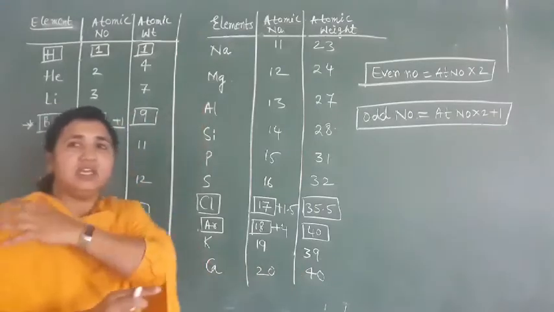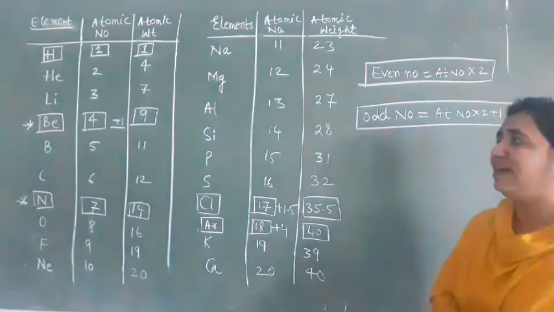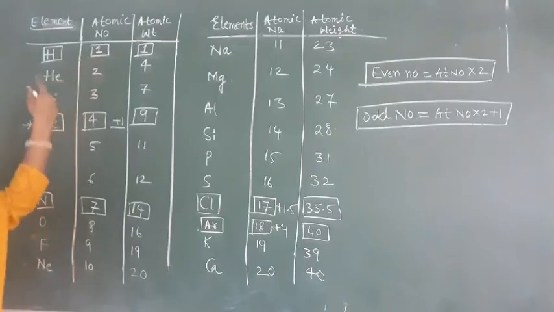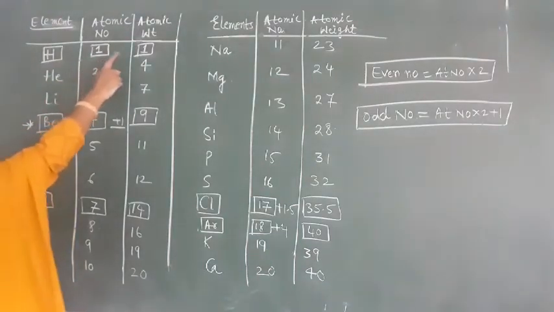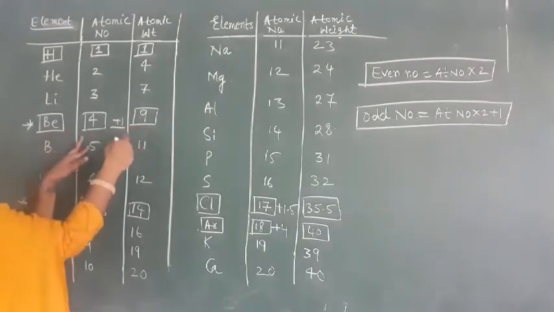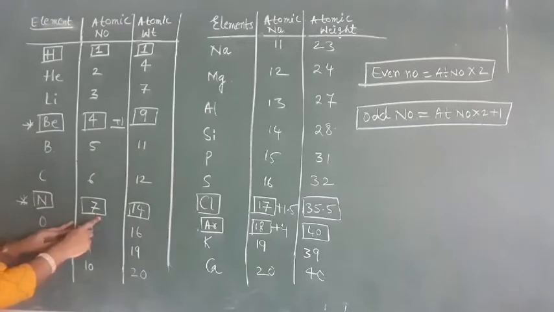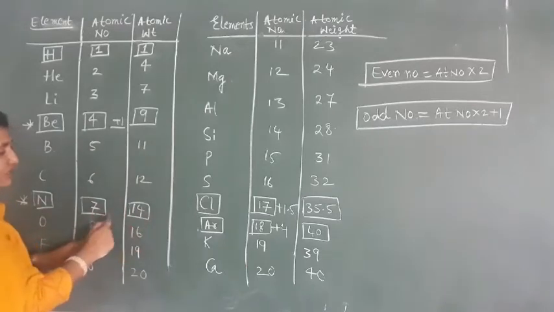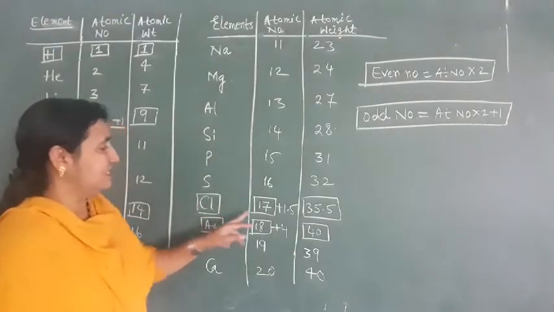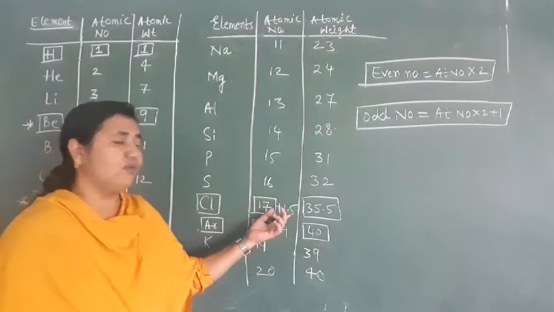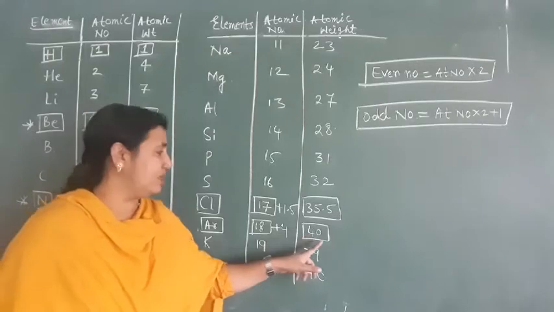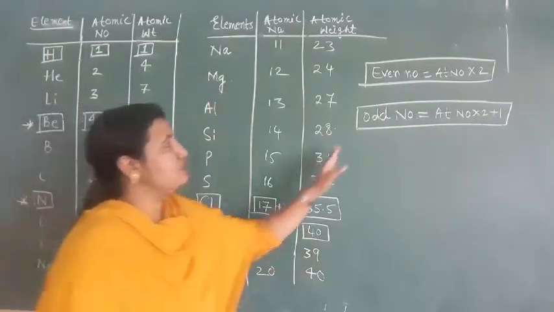So up to 20 you can remember the atomic weights. Only 5 exceptions are there. First is hydrogen 1, an odd number, but 1 2s are 2, plus 1, no, don't do it, it is 1 only. Beryllium 4, but its weight is 9, plus 1 you have to do. Nitrogen 7, but don't add plus 1, 7 2s are 14 only. And chlorine 17, 34 plus 1.5, 35.5. Argon 18, 18 2s are 36, plus 4, it is 40. For the remaining you can use this trick.